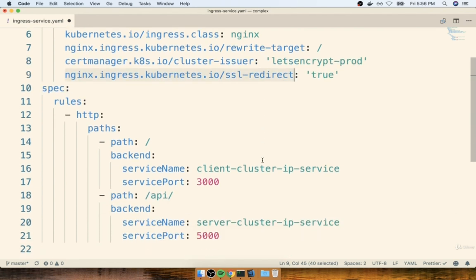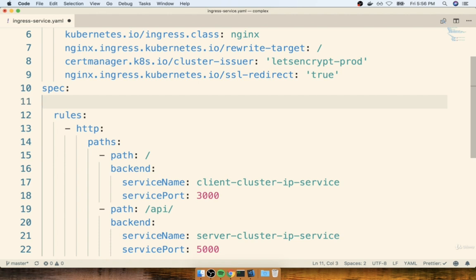So now the next thing we're going to do is to update our spec section down here and tell Nginx that it should be serving up HTTPS traffic and also tell it where it can get our certificate from. So to set up the initial HTTPS side of things, under spec, I'm going to add on a